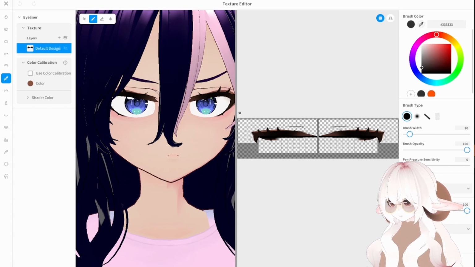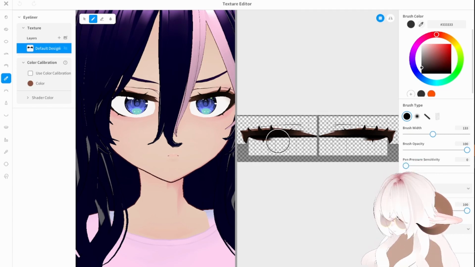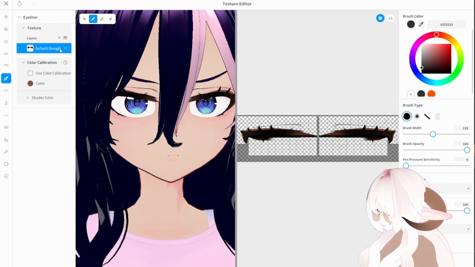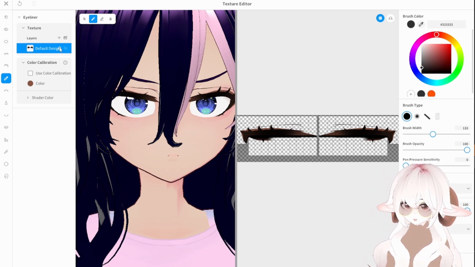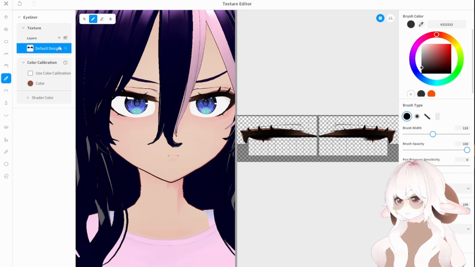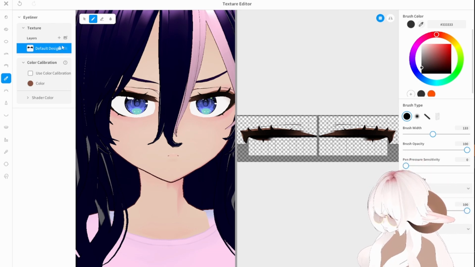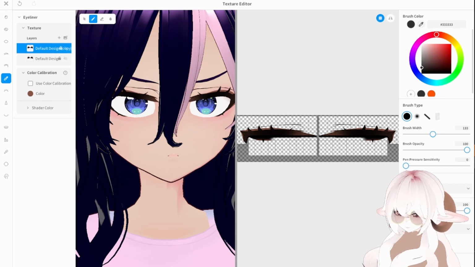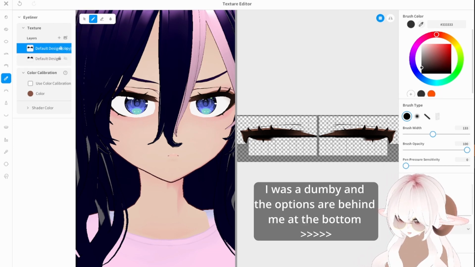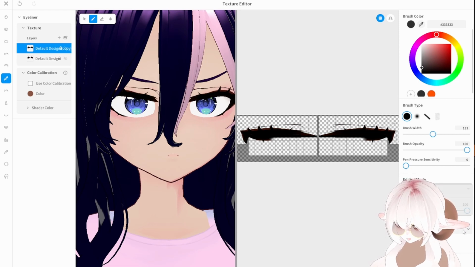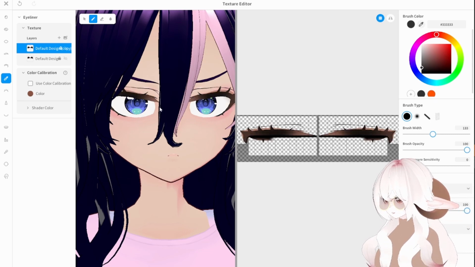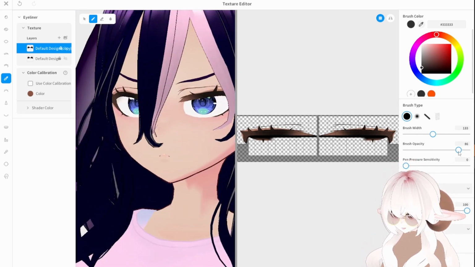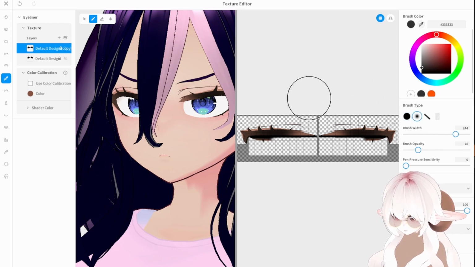This is actually something I learned while trying to record the last tutorial thingy, but you can lock the layer like you do in Photoshop or Clip Studio or Krita even. You can lock the layer, or you can duplicate the layer and change this layer to a different thing. This is the same as Photoshop and Clip Studio, and you can darken it, you can multiply it, you can color burn, it has all those. You can even screen it to make it lighter, or with the lock on it, bring your brush opacity down,